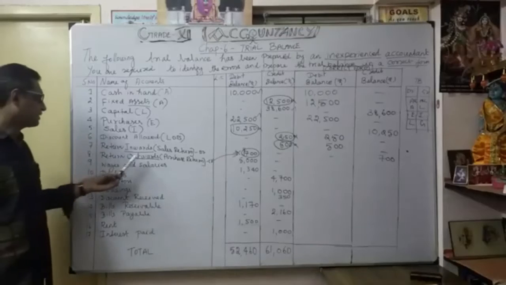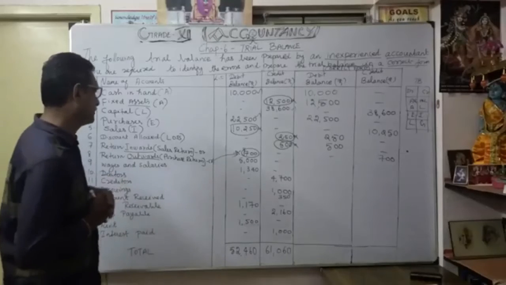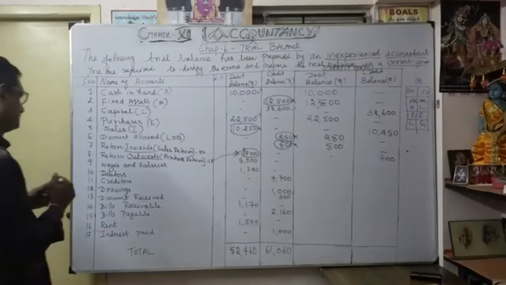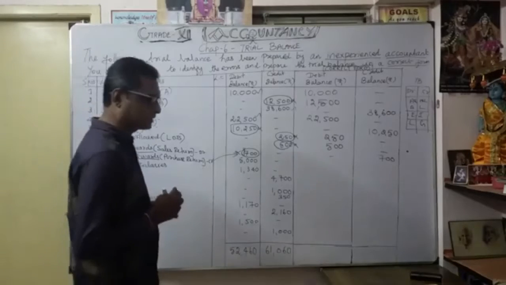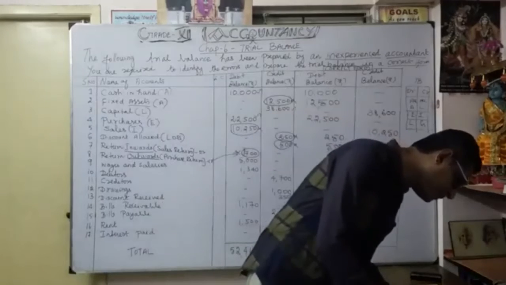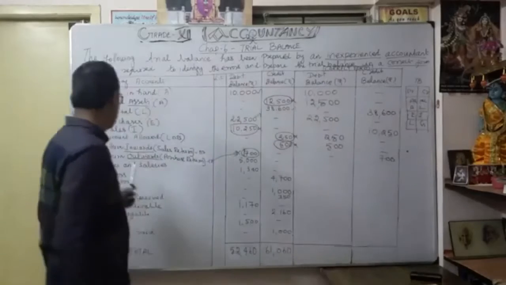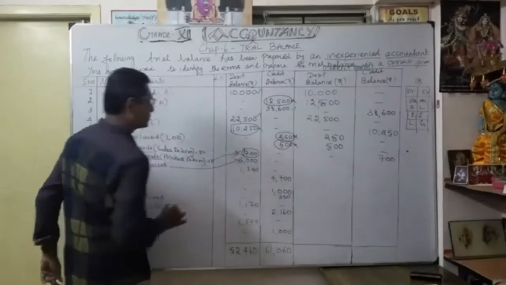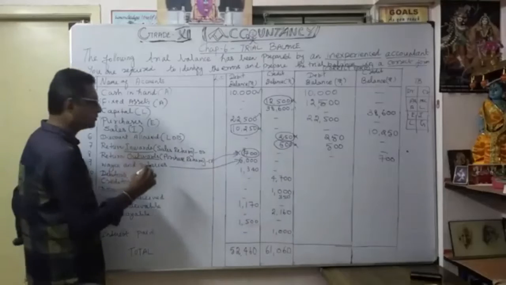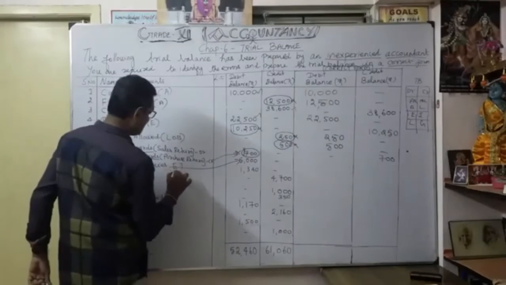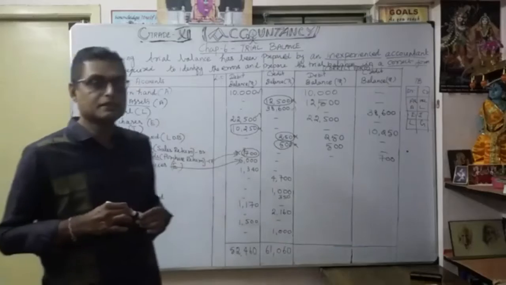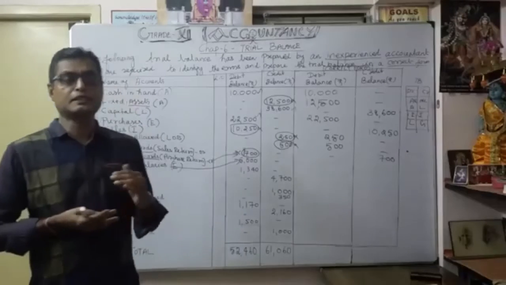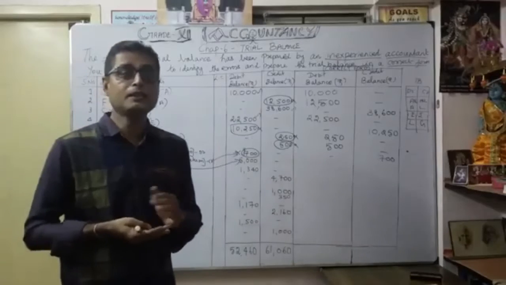Then wages and salaries. First of all, what are wages and salaries? How much? It is 5,000, isn't it? Yes, wages and salaries, 5,000. So wages and salaries are an expense for the company, isn't it? So we pay wages and salaries. Wages means maybe the daily wages, which they give at the end of the week. Salary means maybe every month the